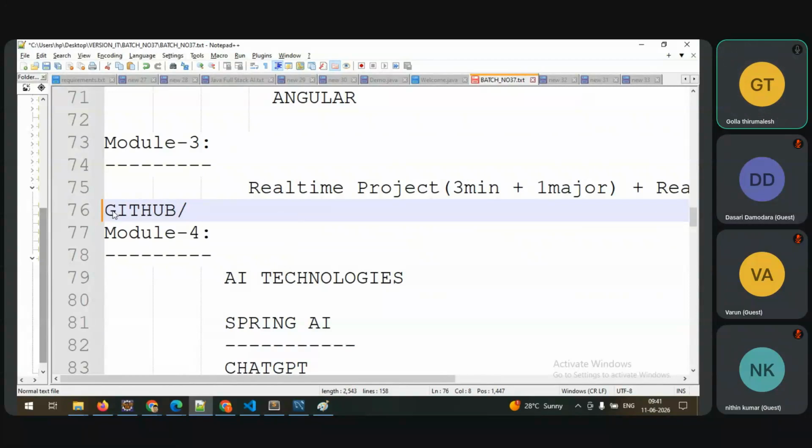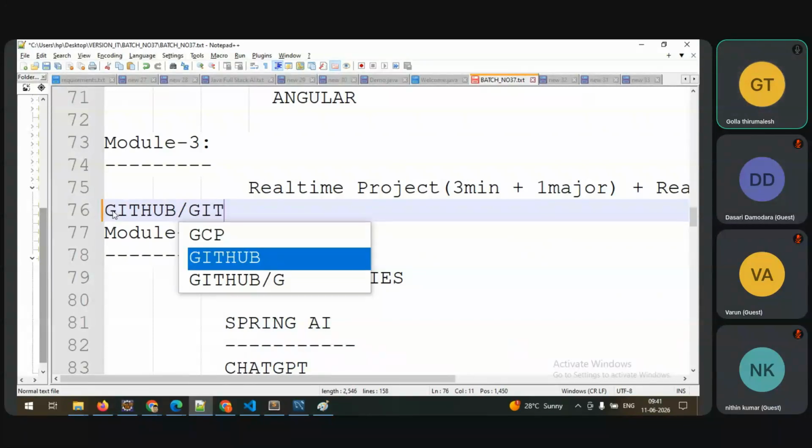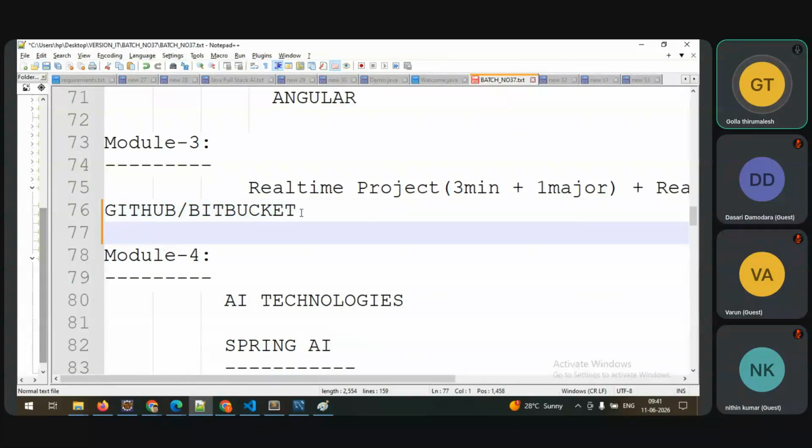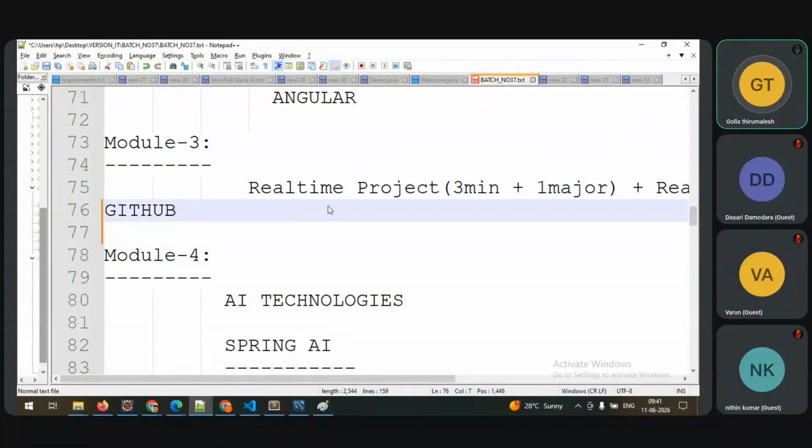Alternatively, Bitbucket is available. So like this, we have other alternative tools. As of now, you will see GitHub available, and also